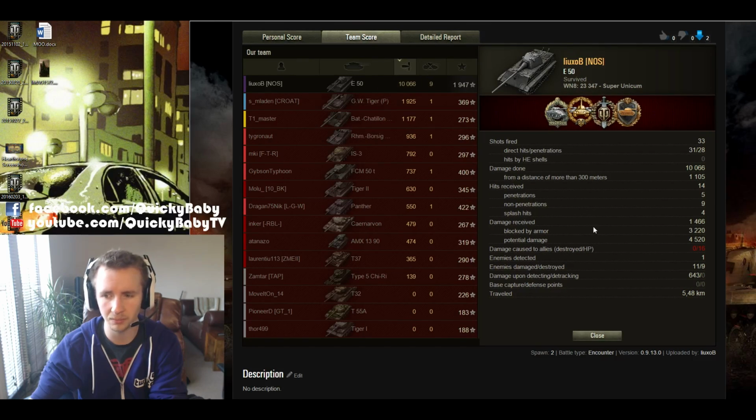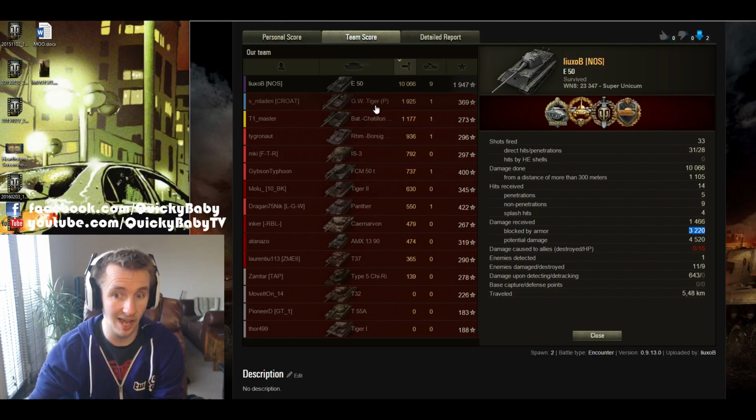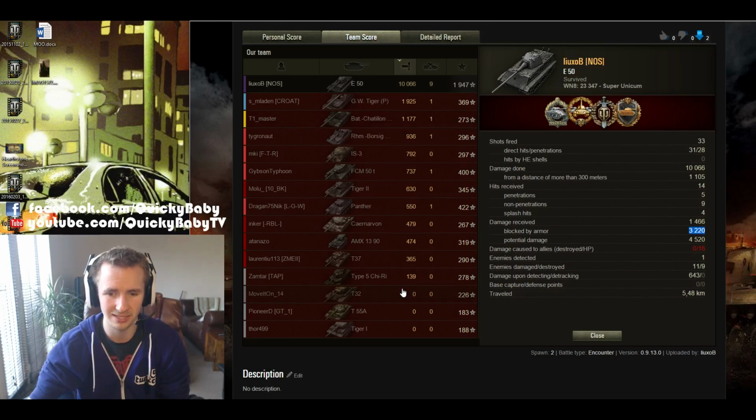a steel wall medal. It's quite unusual to get steel wall medals in a medium tank, but when you consider that the E-50 is so heavily armored, I guess it's not that surprising. 3,220 damage blocked. What's absolutely baffling in this game is that not a single other tank on his team, only self-propelled guns, were able to do 1,000 damage. This truly was a textbook example of how to use the E-50 and keep cool at the end of the